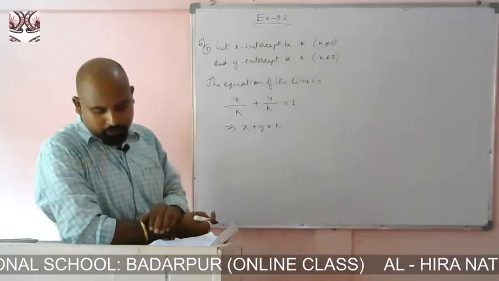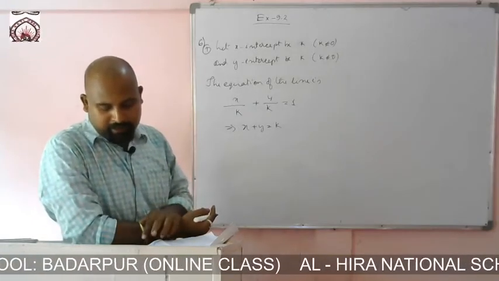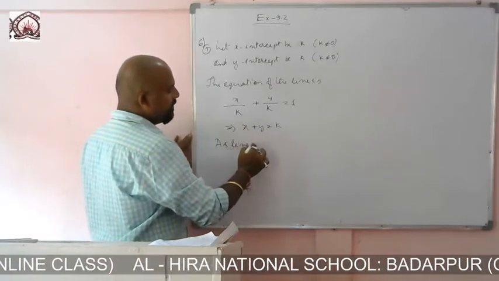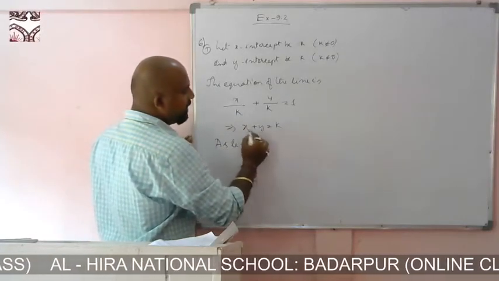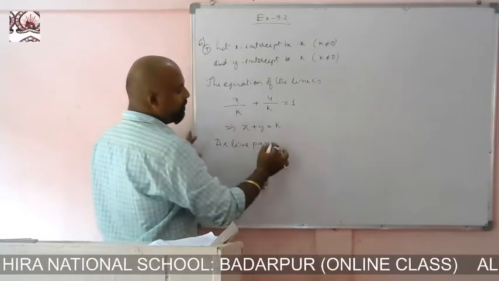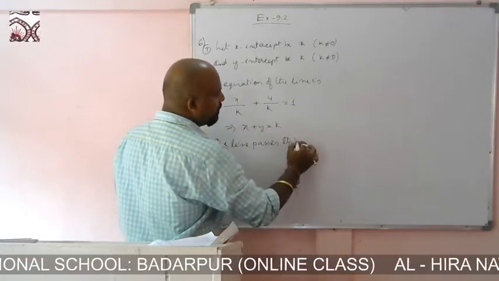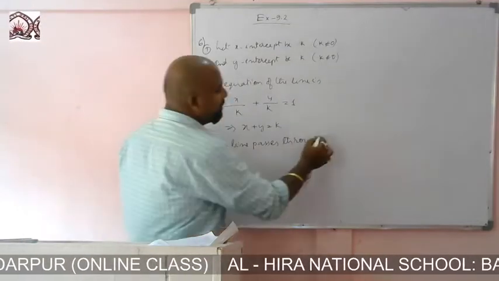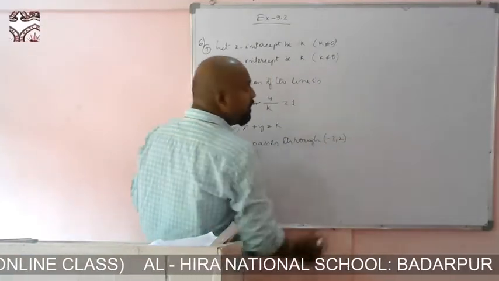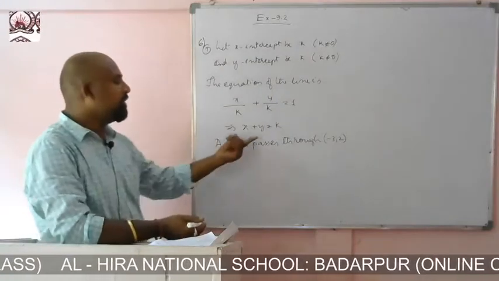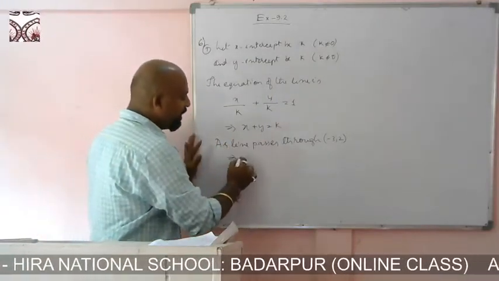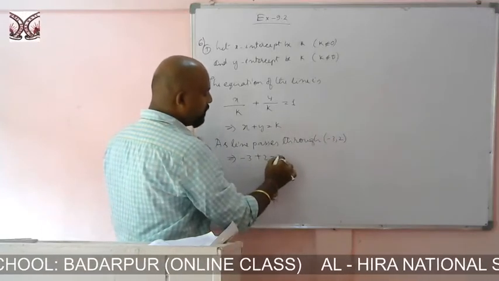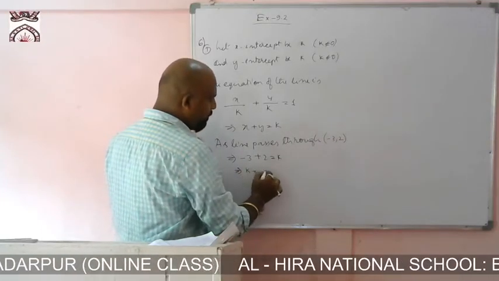Now according to the question, the line x plus y equal to k passes through the point (-3, 2). So it should satisfy this equation. What is the value of x here? Minus 3. And what is the value of y here? Plus 2 equal to k. It implies k equals how much? We are getting